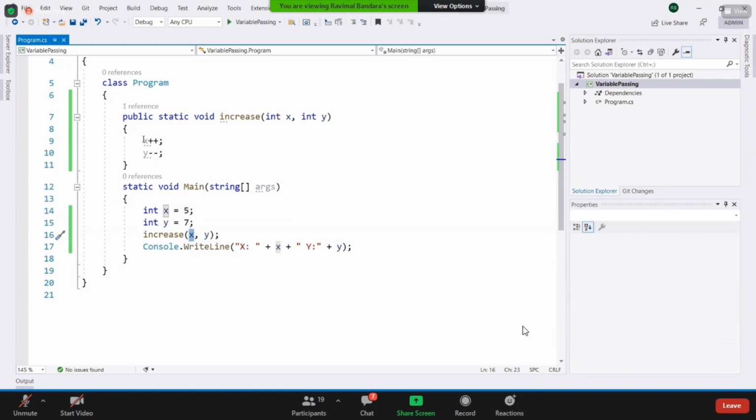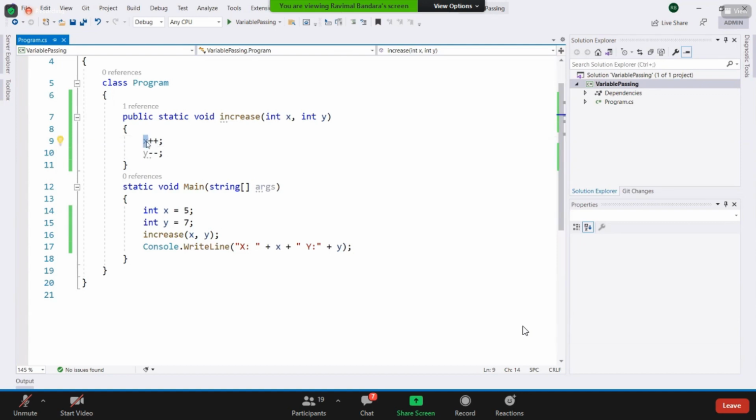So here it is not x being increased but 5. Now the value of x will become 6 and y also will become 6, right?